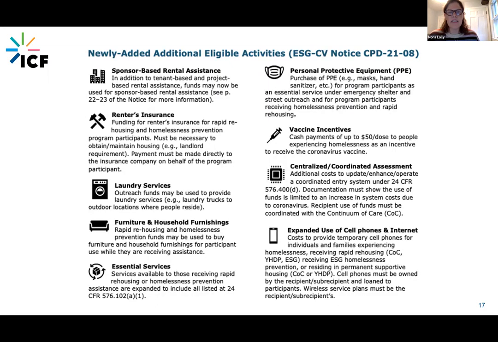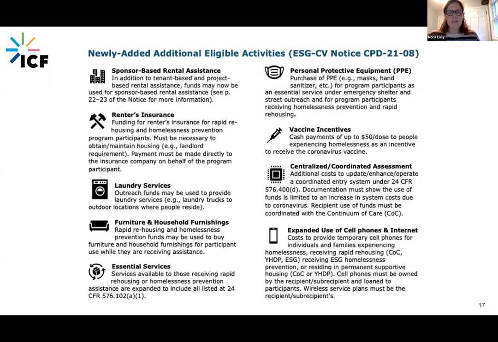Also allowed is specifically using funds for personal protective equipment, and now paying vaccine incentives up to $50 per dose for either the initial vaccine and also boosters, in order to incentivize people receiving those critical health services.